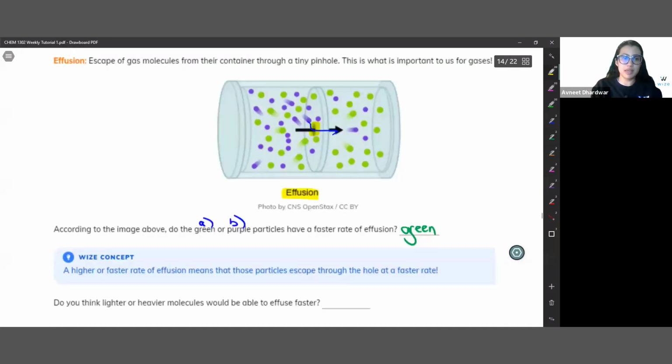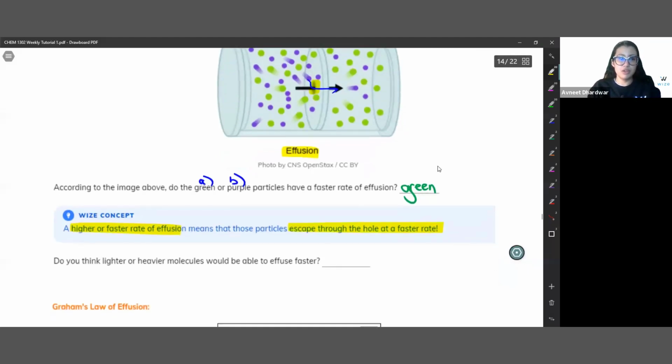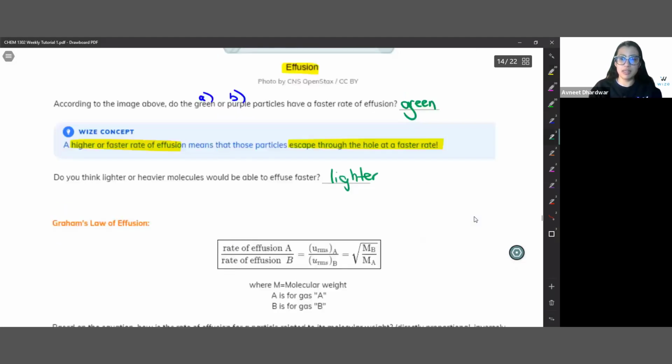If something has a higher or faster rate of effusion, it just means that those particles are escaping through that hole at a faster rate. So do you think lighter or heavier molecules are going to be able to effuse faster? The ones that can move faster and effuse faster are the lighter ones. And this brings us to